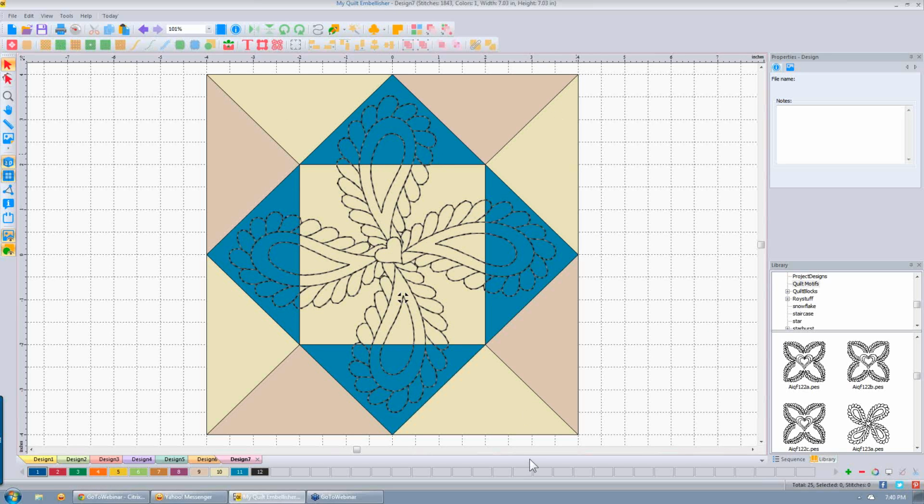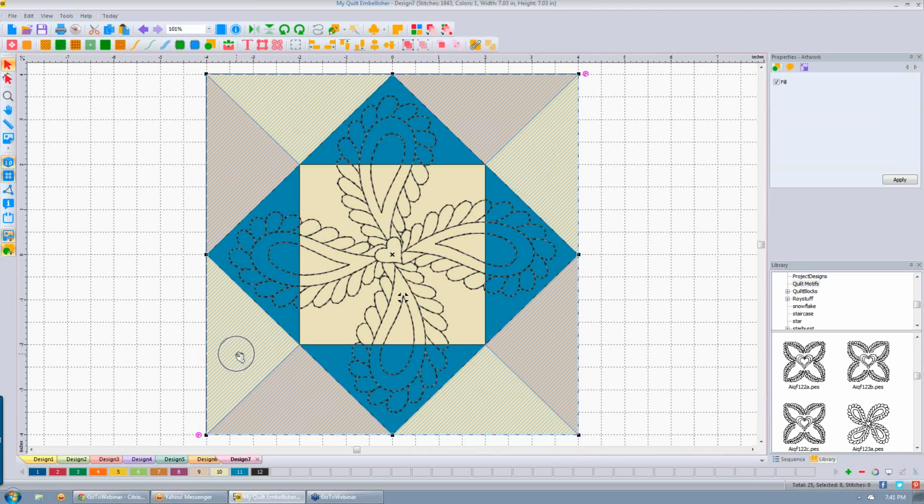But what I want to do around the rest of this, even though I have multiple colors, I'm going to click and then hold my control key down and select all of these triangles that go around it, even though they're in different fabrics. Then combine them. Now they're all one color here, and convert those into,